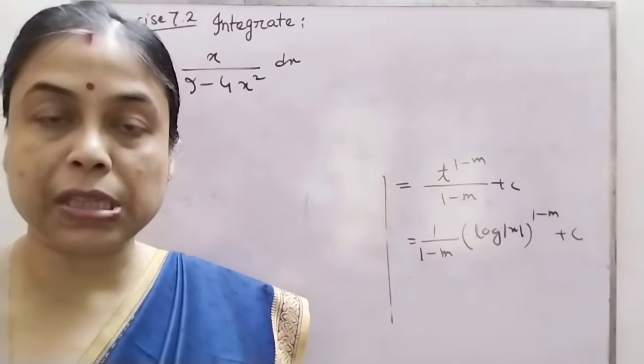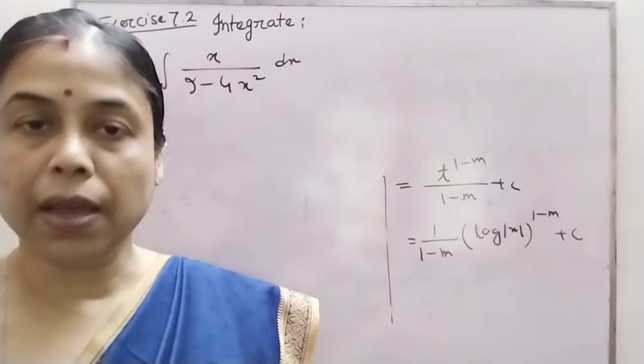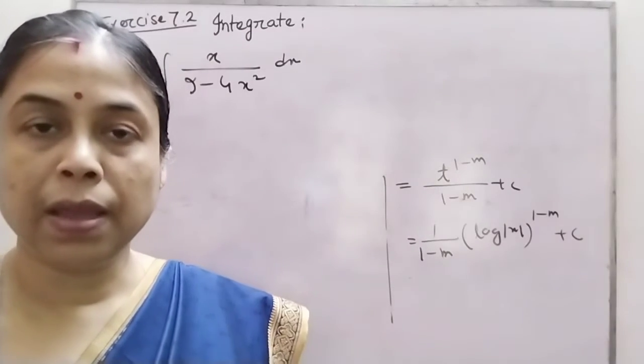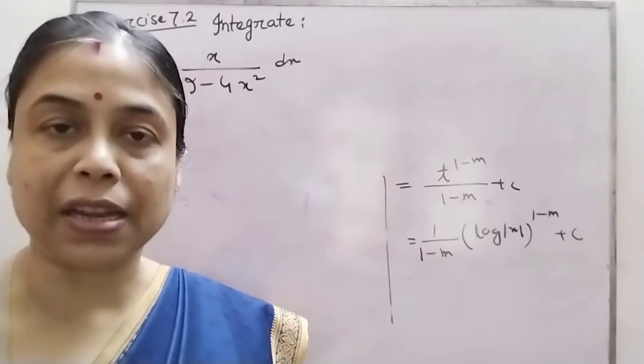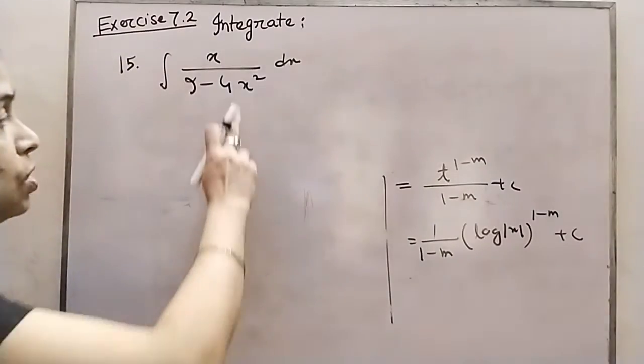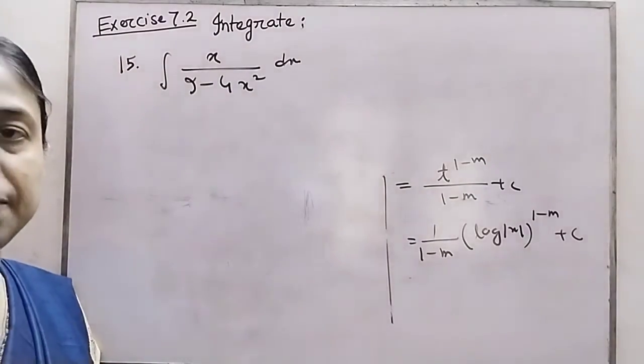Generally, if the power is 3, the derivative is a square. Then power 2, the derivative is linear. Power 1, the derivative is a constant. So that way we can see here: a square power, and a linear expression is there.